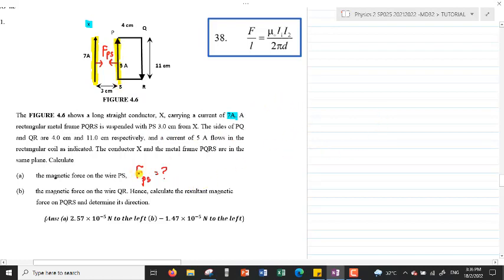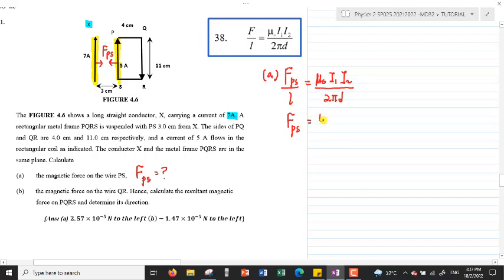Okay, so we can calculate the force by using the equations we have. Force per unit length for two parallel wires carrying currents is μ0 I1 I2 over 2πd. d is the separation between the two parallel wires. So we can use this equation to calculate the force for wire PS. So force of wire PS over length will be μ0 I1 I2 over 2πd. So in order to find the force of wire PS, we shift the L to the other side, so we put